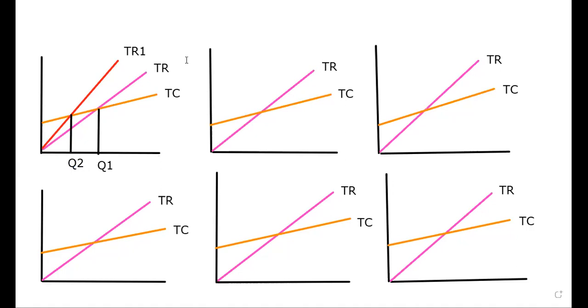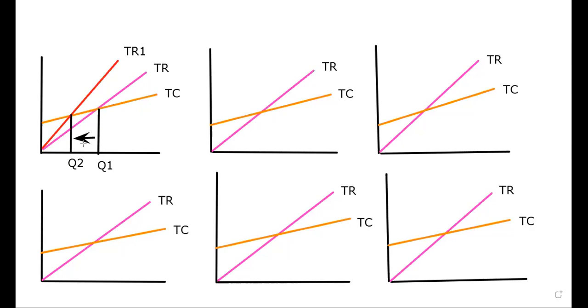So please draw this. The break-even will go to the left-hand side like this. Use the arrowhead to show what happened to the break-even point as a result of revenue increasing. When the revenue increases, the total revenue curve becomes steeper, TR is moved to TR1, and as a result, the break-even quantity reduces.